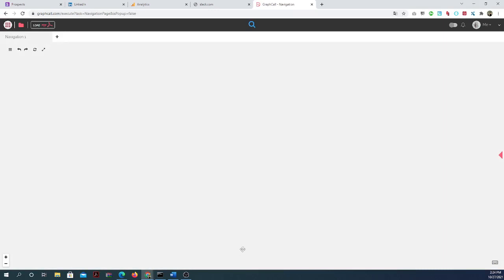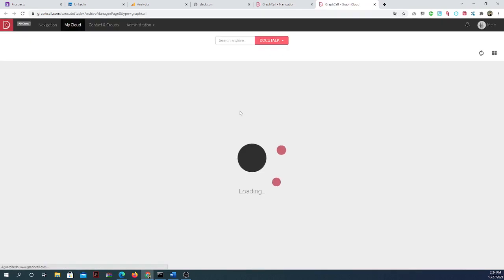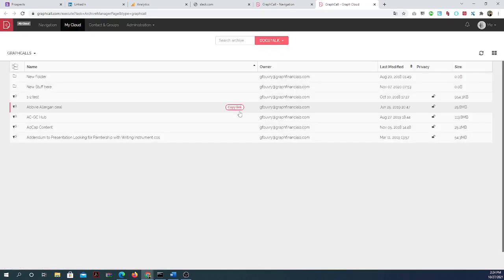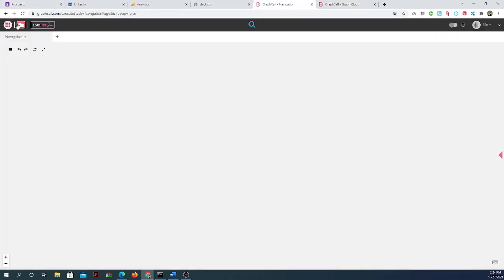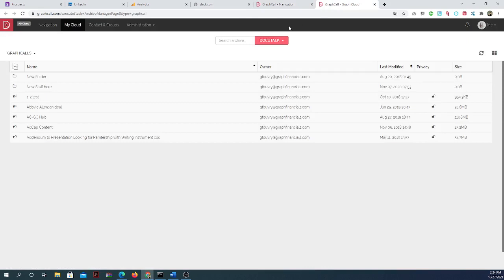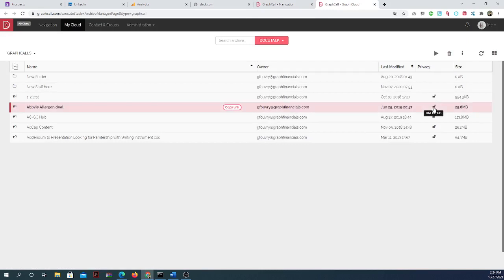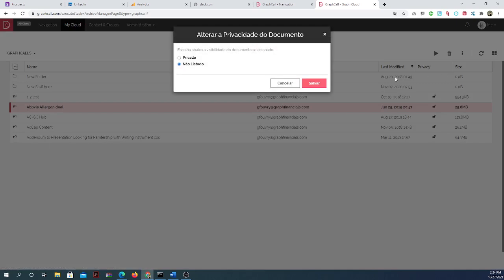If you do a private content, what will happen is that the person will have to log on to access the content. Okay? Now, if you do want to change that, you can go, as I said, here. You will go here, click on this button, and then you can change the privacy. Here you can change the privacy, unlisted. You will be able to click on this one and then change privacy, and you can put it as private